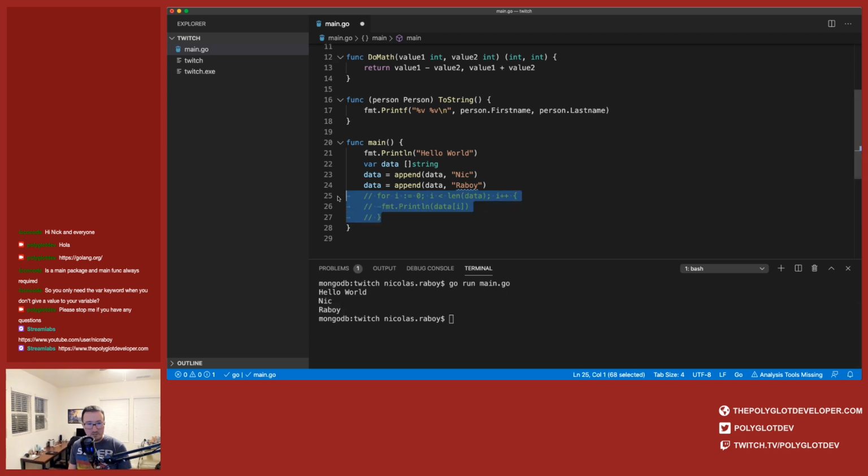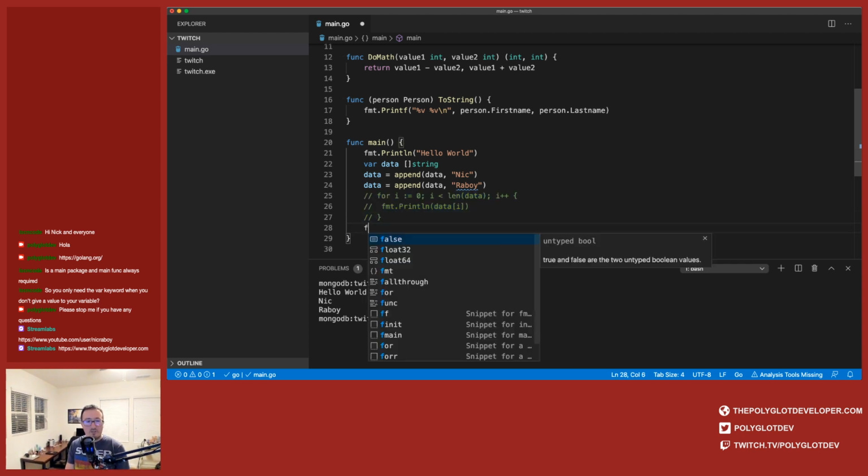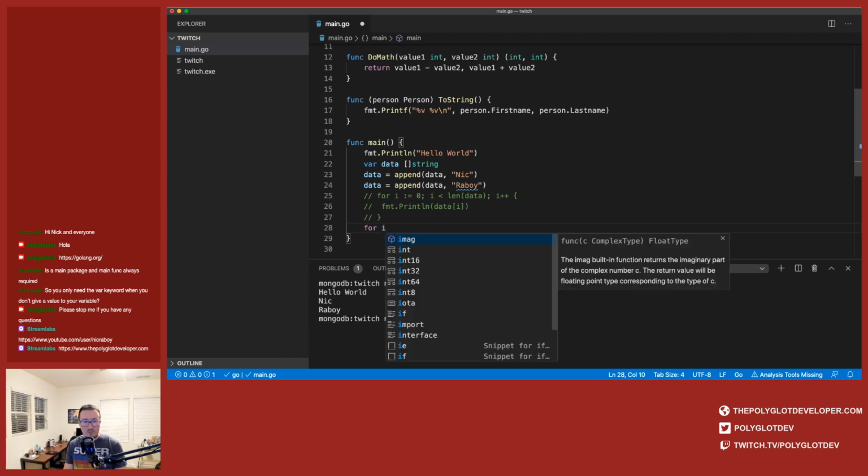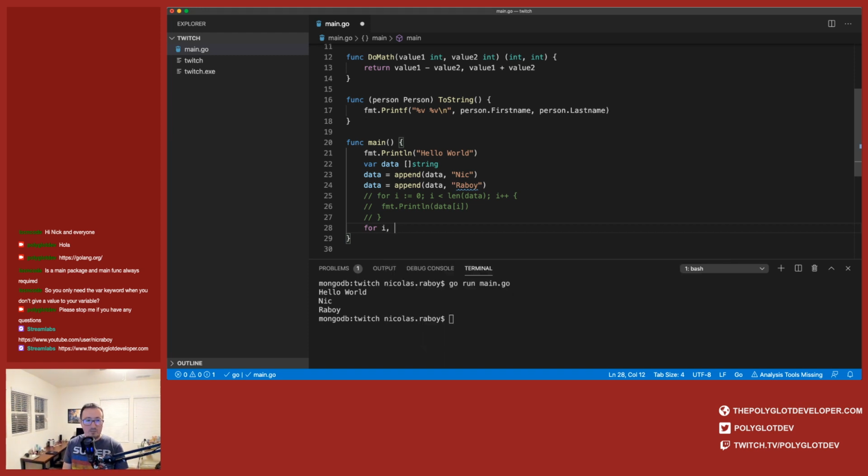Another way we can do this, and this is kind of like a for each loop in a lot of languages, is we can say for index. This is a multi-return kind of loop. So we have index, and then in this case maybe element. I'll say e for element equals range of data.